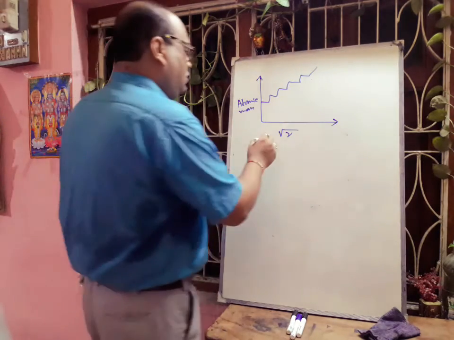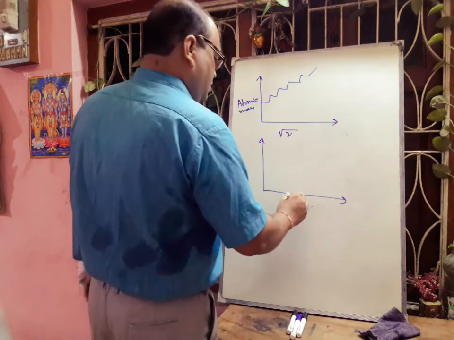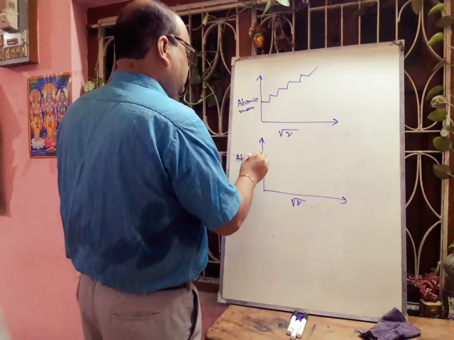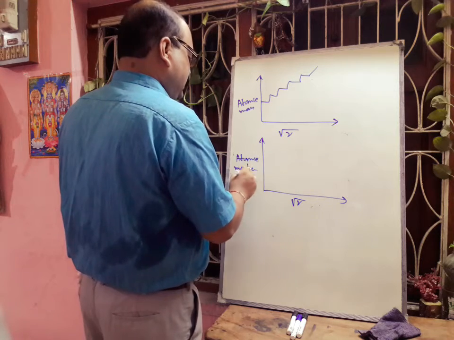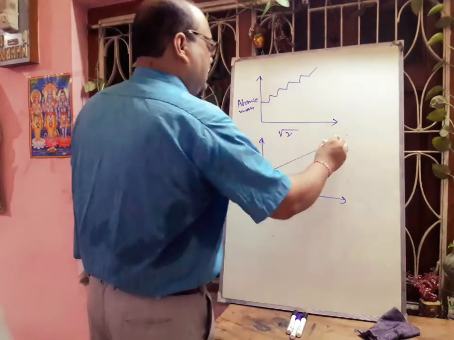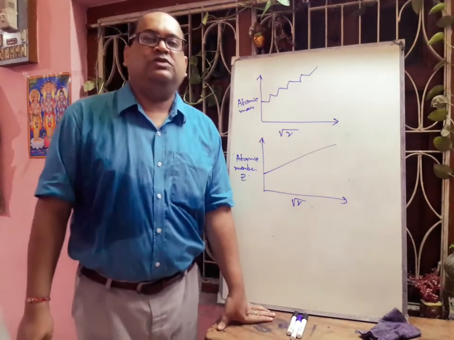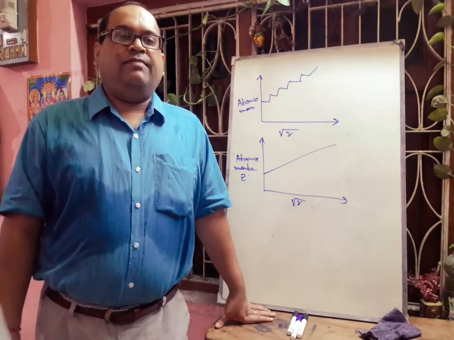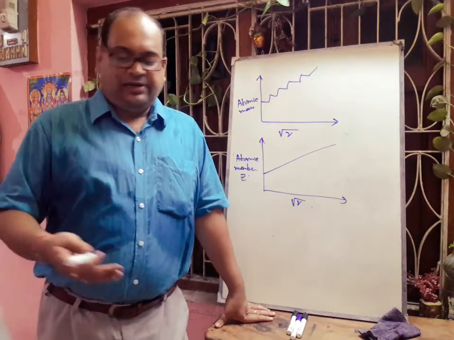But if we plot root nu versus atomic number, that is Z, then we will get a straight line. So from here in 1913 Moseley concluded that atomic number is a better fundamental property,